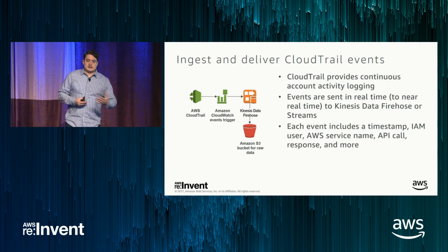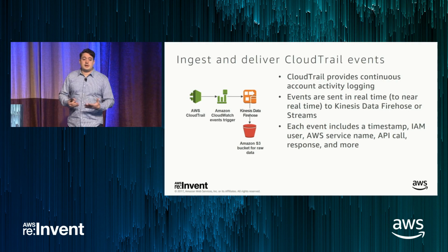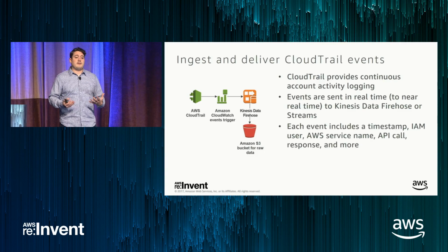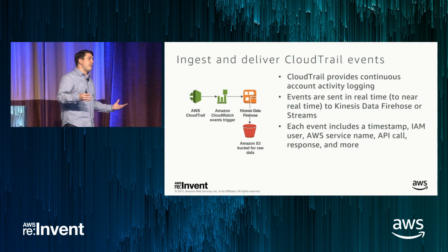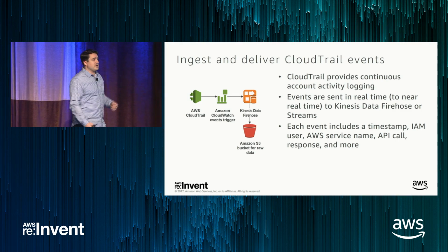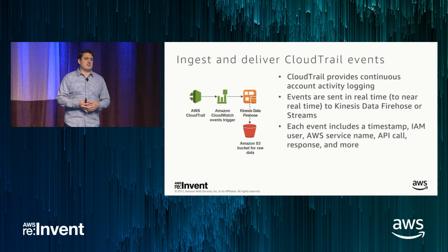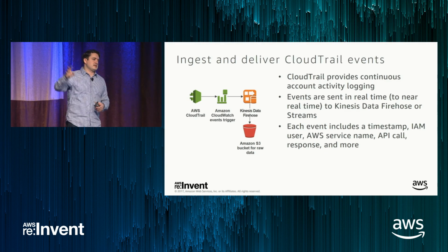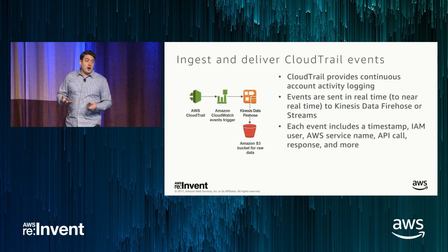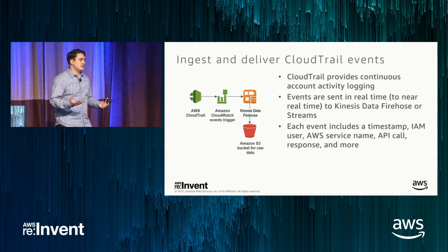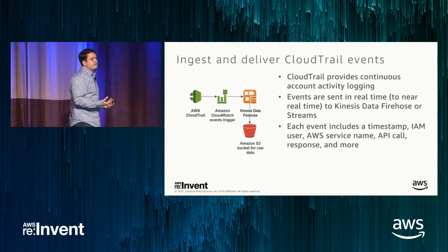Kinesis data firehose, in this case, archives all data in Amazon S3 using the buffering hints that you have. Since this is a real-time processing use case, the files that we deliver to Amazon S3 aren't really latency sensitive. We're doing much faster processing in another part of the pipeline. So we might set our buffering hints to maybe 1 hour, or very, very large files, so that we can more efficiently work through them.